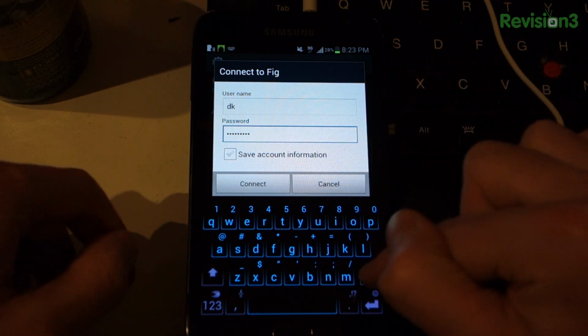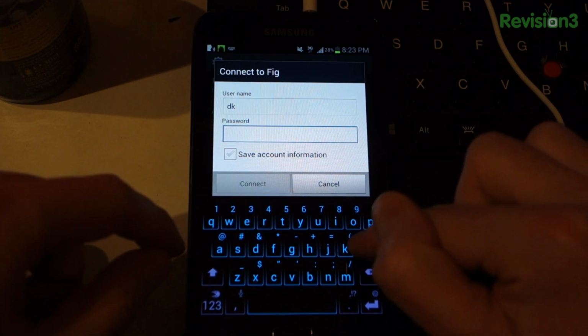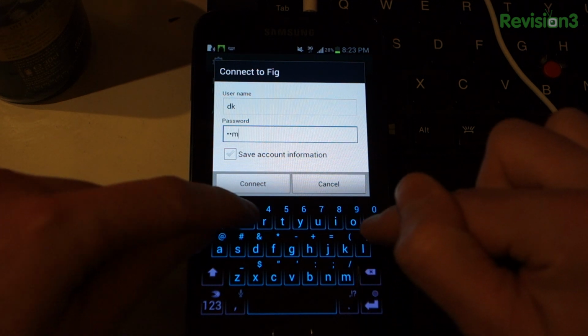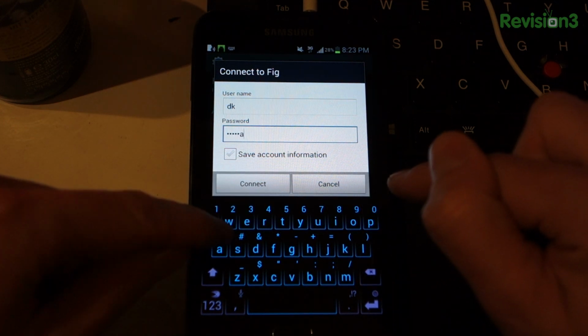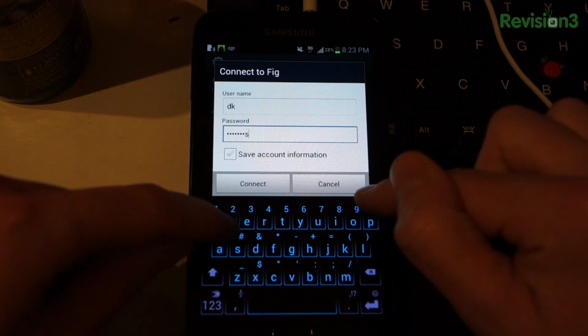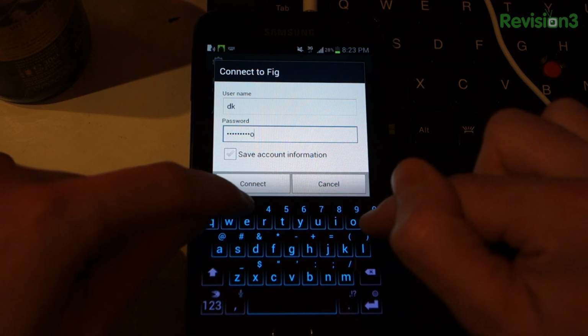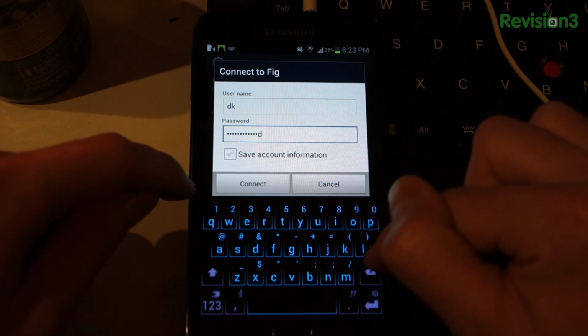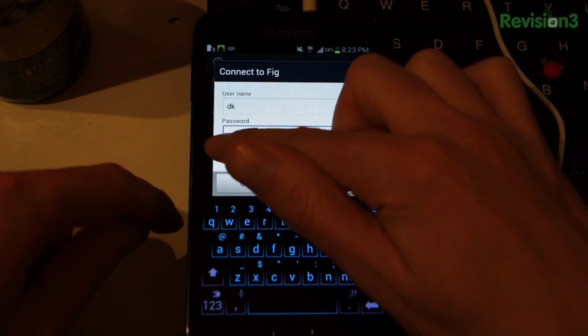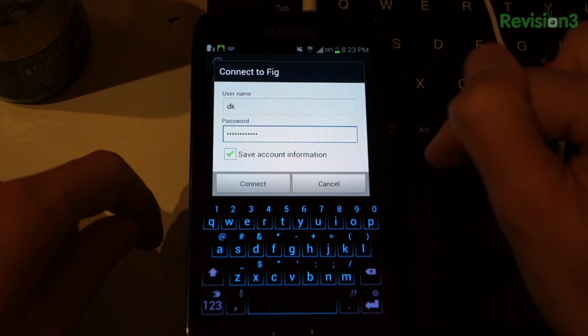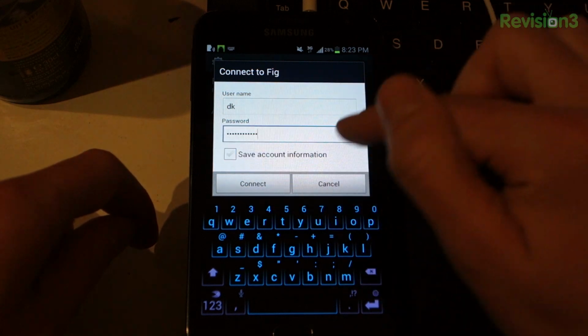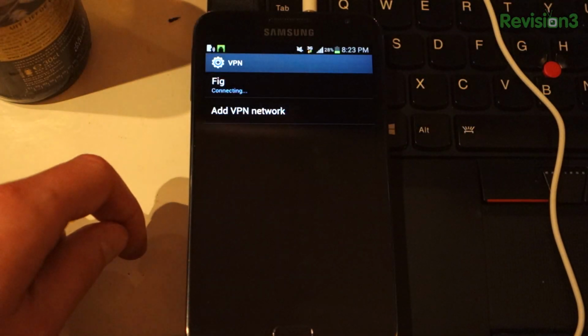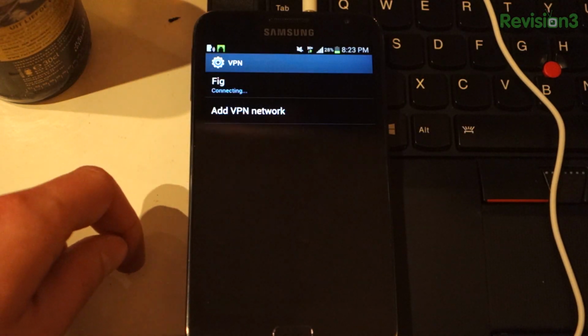Oops. Did I just misspell password? And I will be lazy and save the account information. No, I won't. Let's not be lazy. All right, so connecting